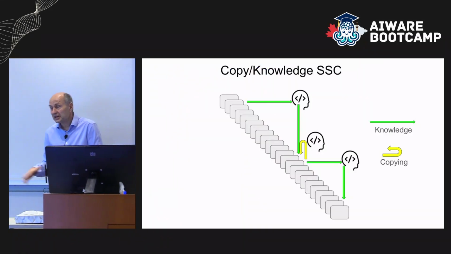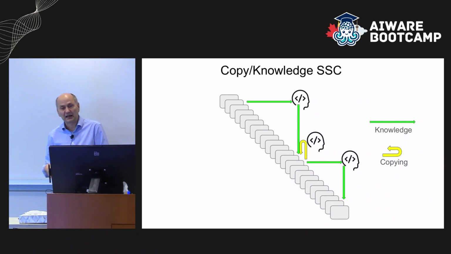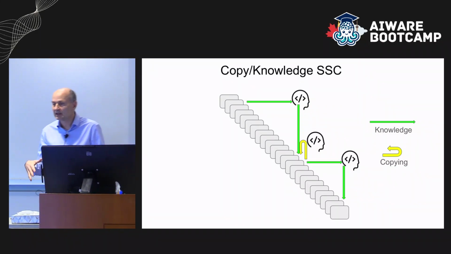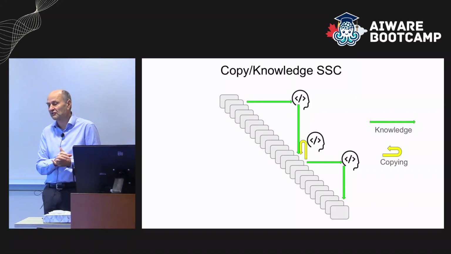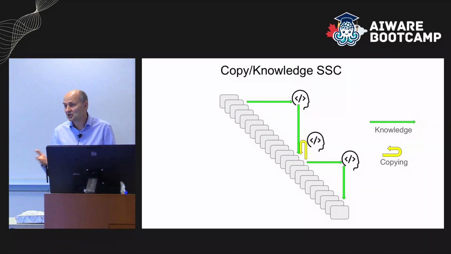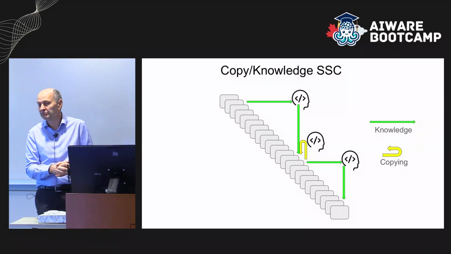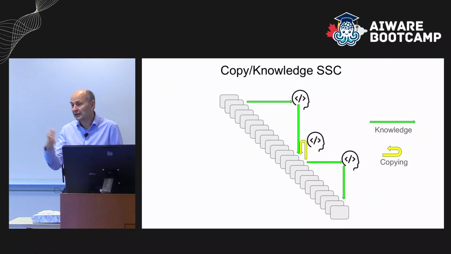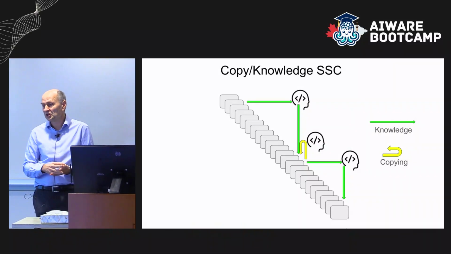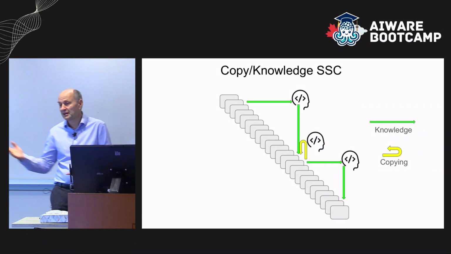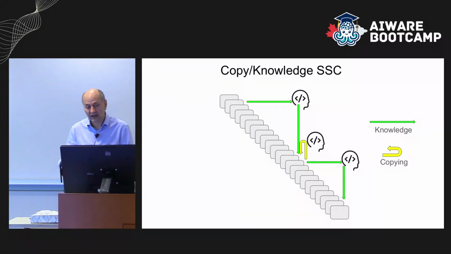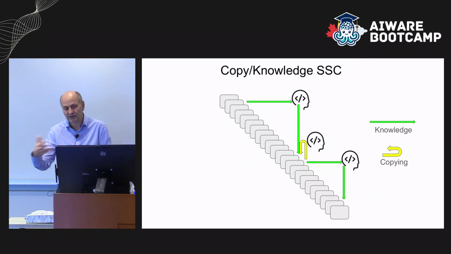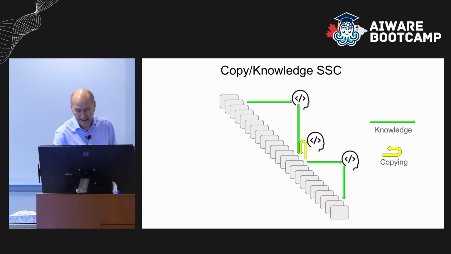Now, here's the little picture. I'm not a big fan of pictures, but on the diagonal, you have these blobs, versions of the source code, and you have knowledge transfer where a person read or modified some file, then learned about it, then transferred that information to another file. Another developer maybe copied information from one file to another. A third developer maybe learned from that file and transferred some information somewhere else. So that's kind of a traditional supply chain.